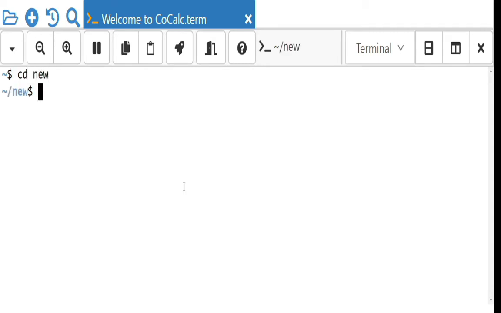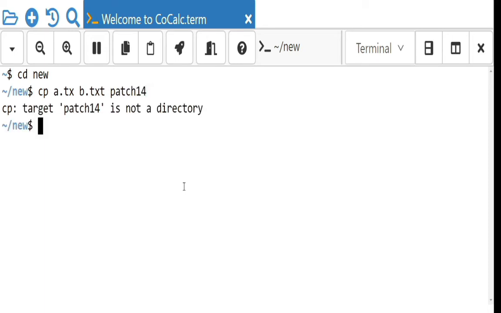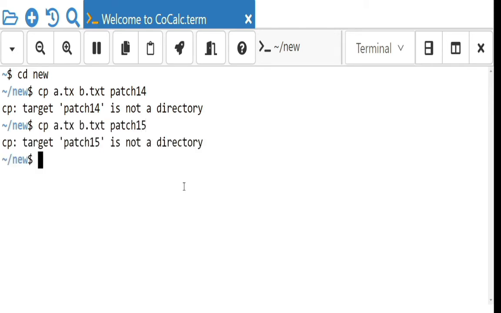Now copy a.txt, then b.txt to the folder patch14. 14 is there, na? Sorry, 15 I think. Whichever folder is there. Sorry, that is also not there.